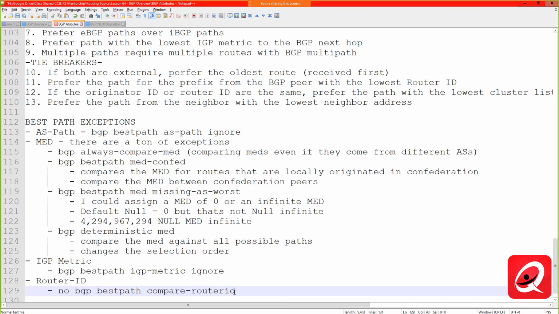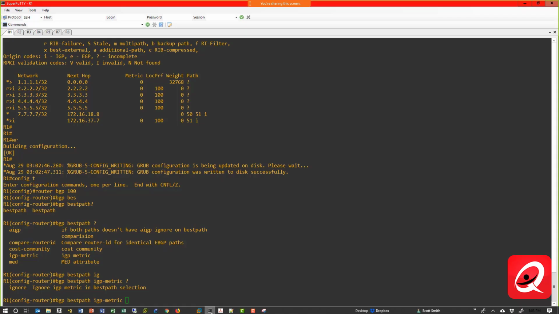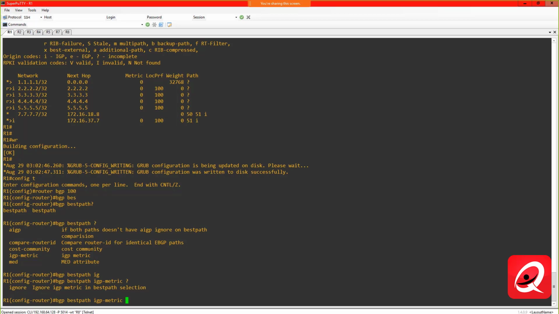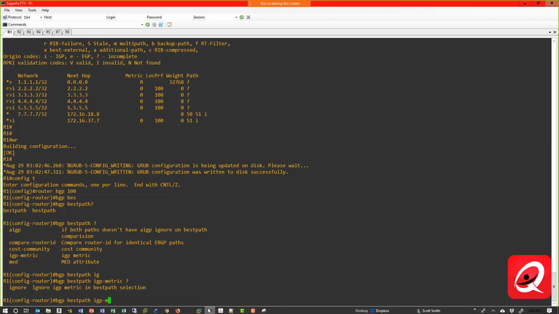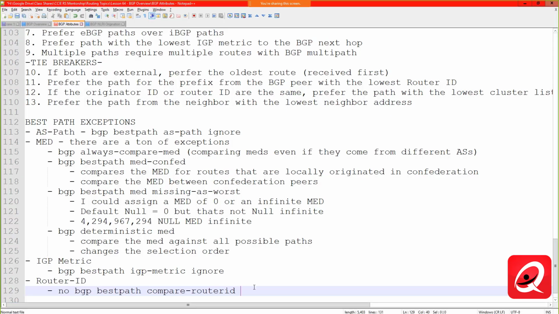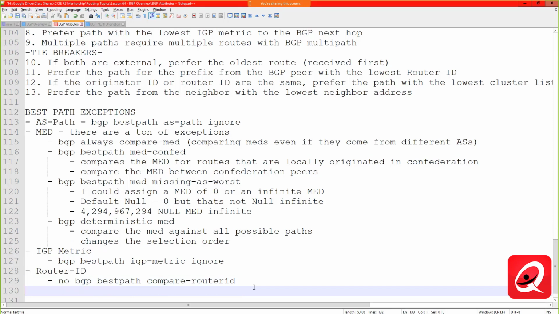Router ID, and I think that's actually one of the options here as well. Yeah, compare router ID. Okay. So for identical eBGP paths, we can either select this as part of the process, or we can take it out. It's turned on by default. But again, you're not really going to get down to these tiebreakers because, frankly, these tiebreakers,